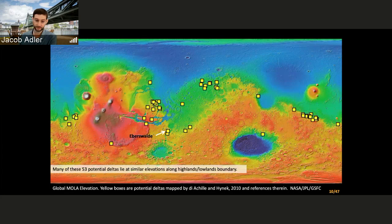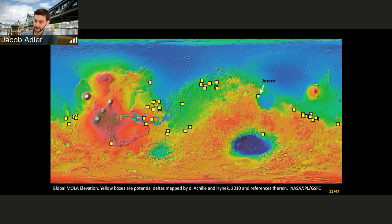And so that could be significant. Several people have proposed that this is perhaps evidence of an ancient shoreline, how many of these deltas occur at the same elevation on the border of the northern lowlands. So moving over to Jezero,